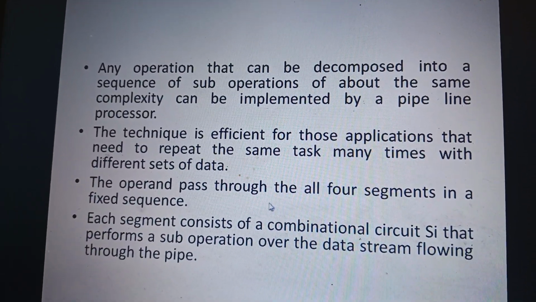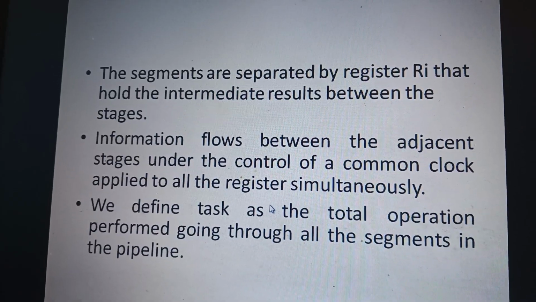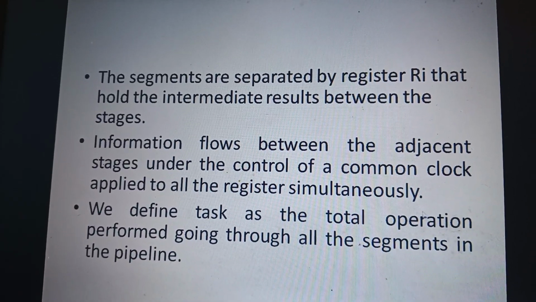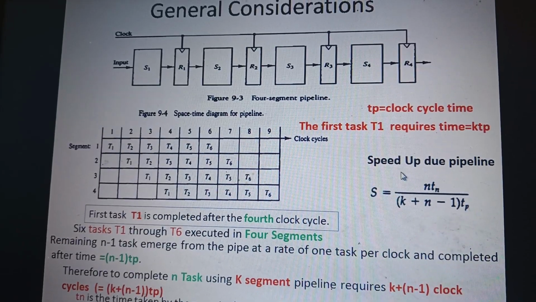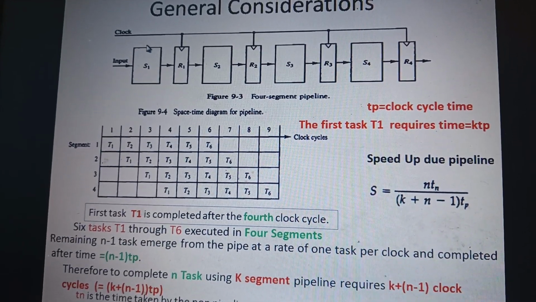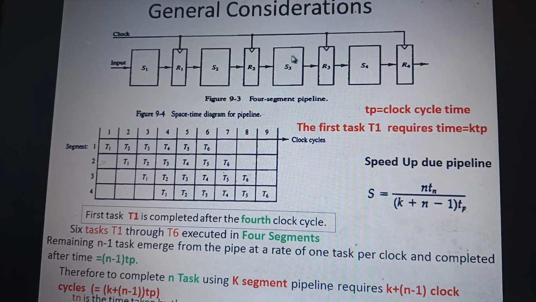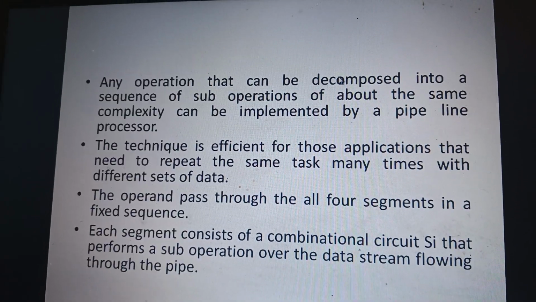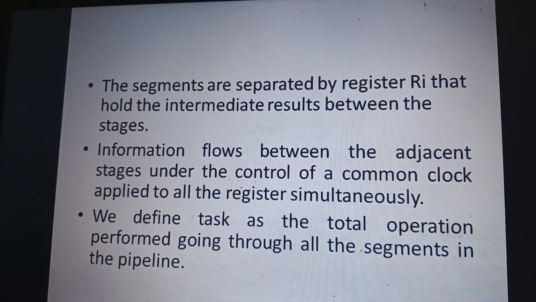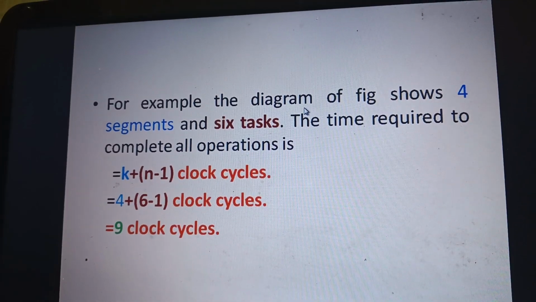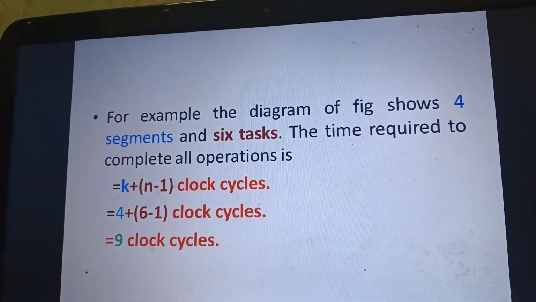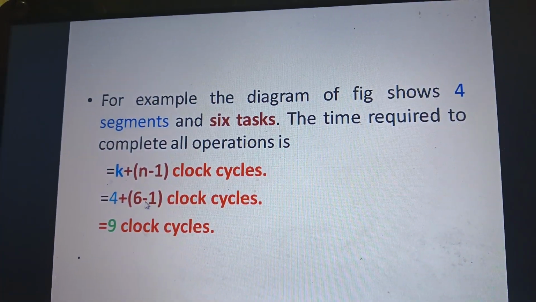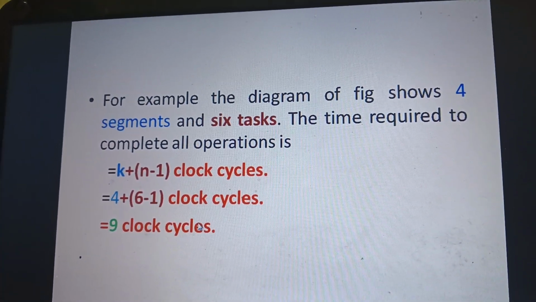We define a task as the total operation performed by going through all segments. So one task means the total operations performed by all these subunits. For an example, as I said, if you have 4 segments and 6 tasks, the time required to complete all is k plus n minus 1, that is 4 plus 6 minus 1, which is 9 clock cycles. Okay, now